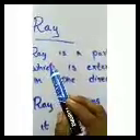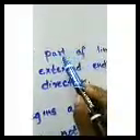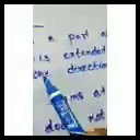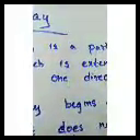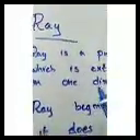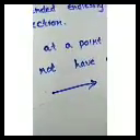Ray is a part of a line. The ray is a part of a line which is extended endlessly in one direction. What is a ray? The ray is a part of a line which is extended endlessly in one direction. We draw a ray with one endpoint, and then this is a ray.